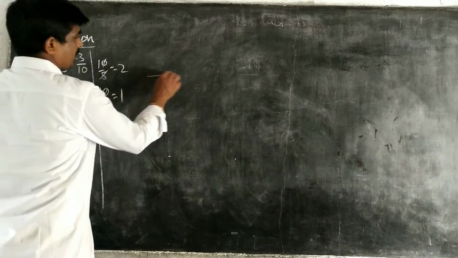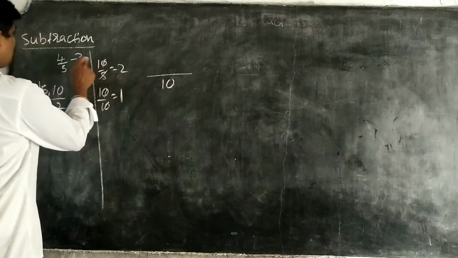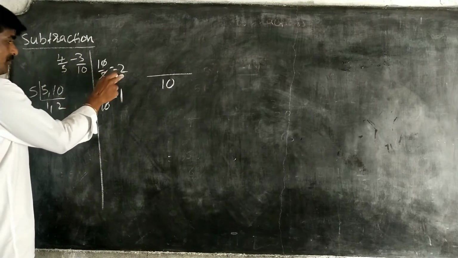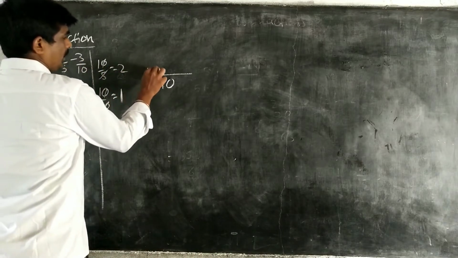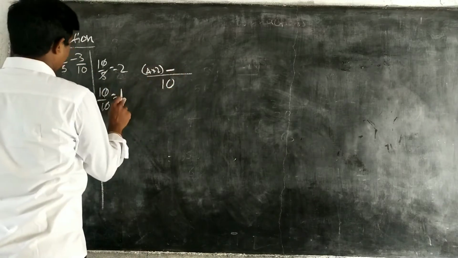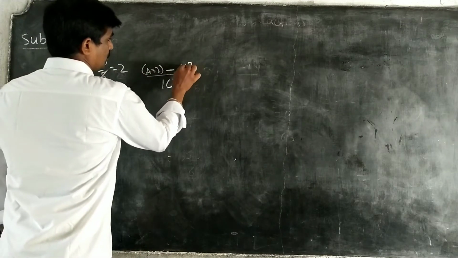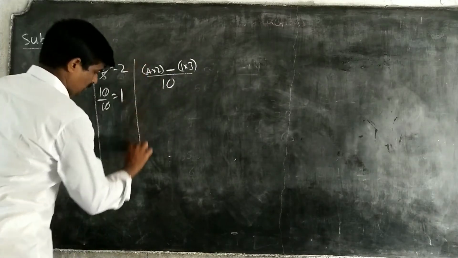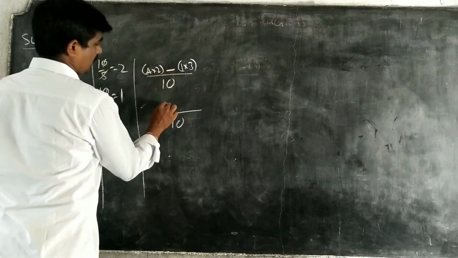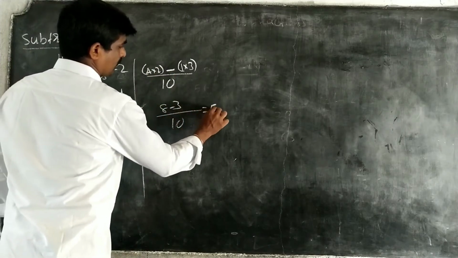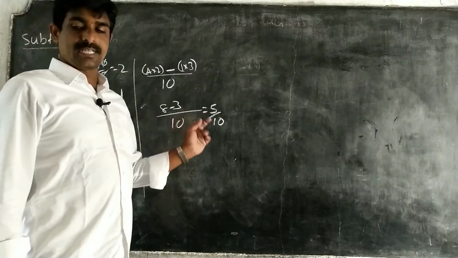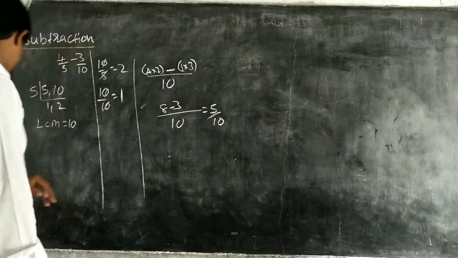Right. Next, subtraction. First 2 into this denominator, because we are using this denominator, that's why this coefficient into 8. 4 into 2 minus 1 into 3. 1 into 3. That is equal to 10 as it is. 4 twos are 8 minus 3, that is equal to 5 by 10. This is subtraction only. Same as addition, we are going for the subtractions.